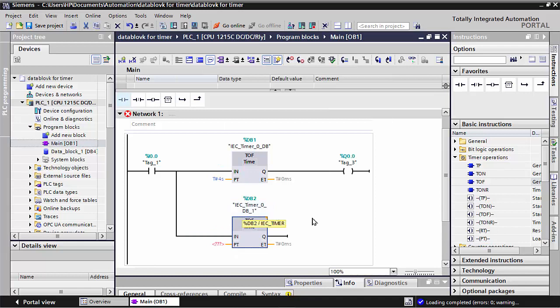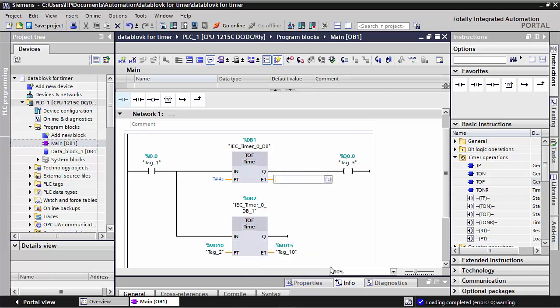Then select this timer, and here we give one data register, MD10. I will put this data register for the MD10 register, and for the output I will see MD15,